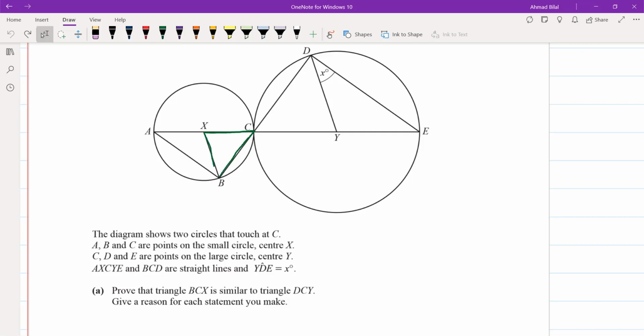That's this triangle here. It's similar to DCY. That is this triangle here. ये दोनों हमने किसी तरह से similar prove करनी है, ठीक है? अच्छा, now